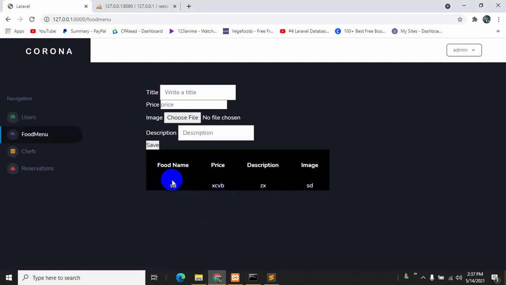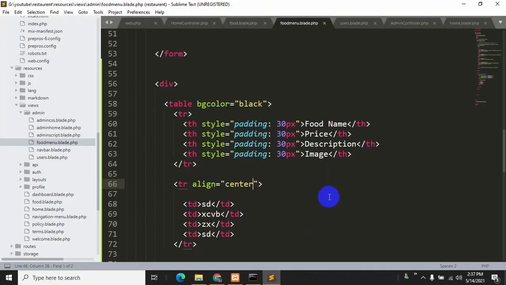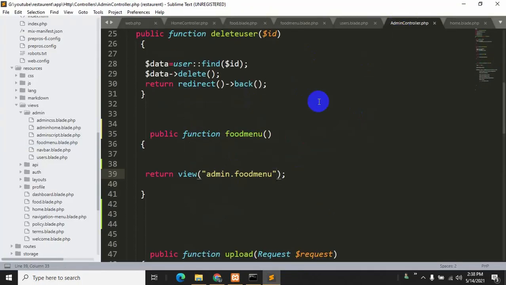Now what we are going to do is show all those data over here. This is really simple. This food menu view is actually coming from the admin controller. Over here you can see food menu, we are returning this view. So we are just going to declare a variable over here.